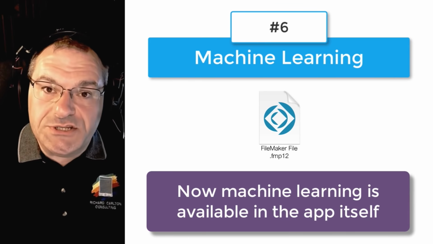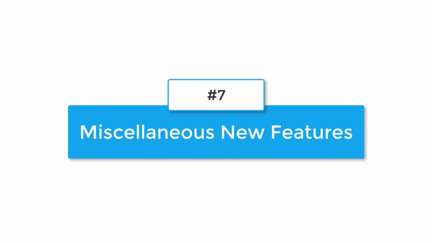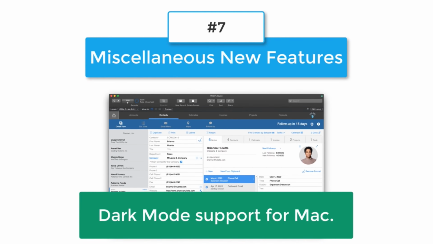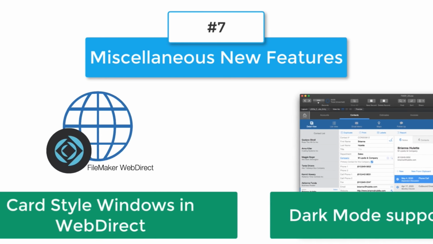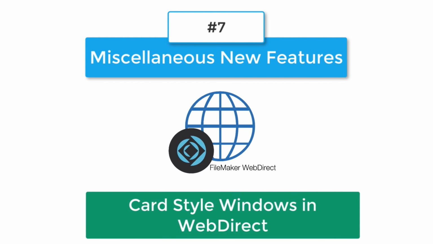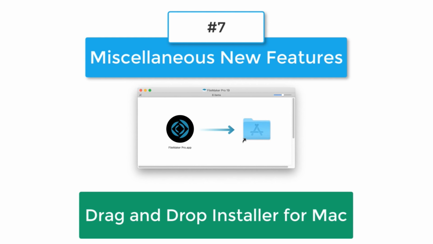Now, number 7 on our list is a collection of miscellaneous items that I want to mention real quick. First off, we have dark mode support for the Macintosh. We have card style window support on WebDirect. A lot of people use WebDirect and they want to have support for the card style windows. That's on there. We also have a drag and drop installer for the Macintosh, which means that all you have to do is open up FileMaker Pro and then drag and drop it to your applications folder